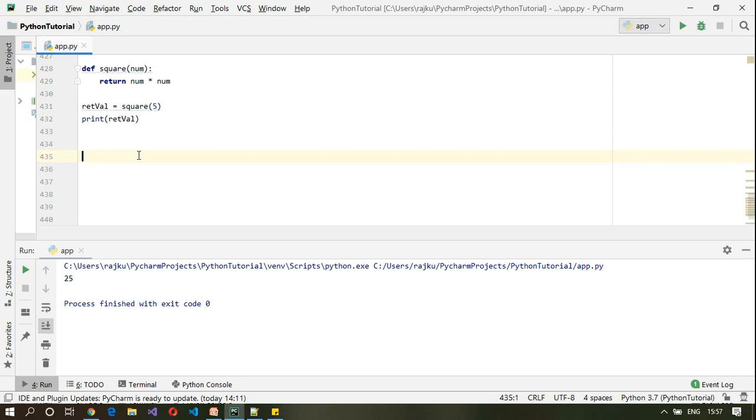Hello and welcome back. So far we have seen functions and loops. So we will combine these two and we will try out two simple examples. The two examples which I'm going to try out is